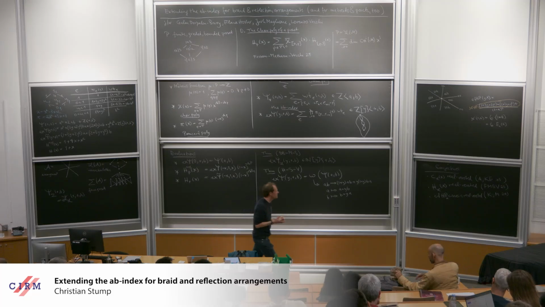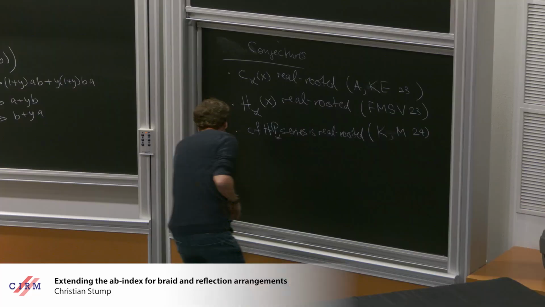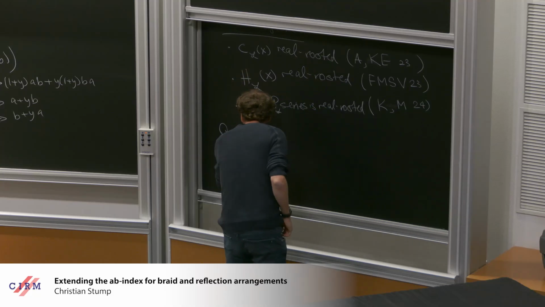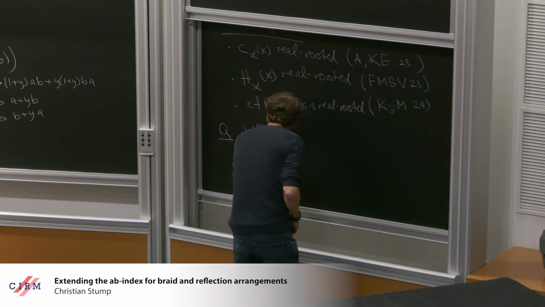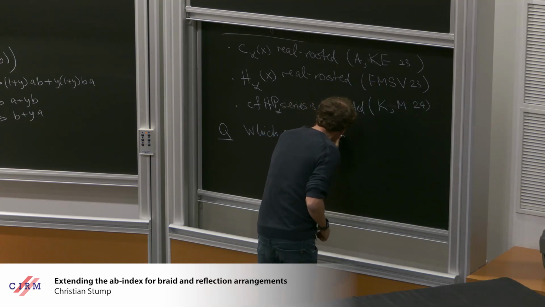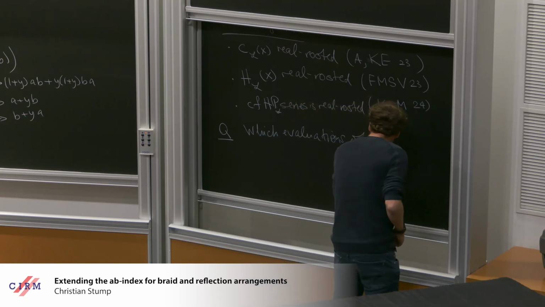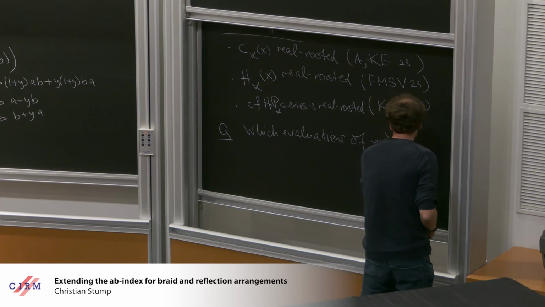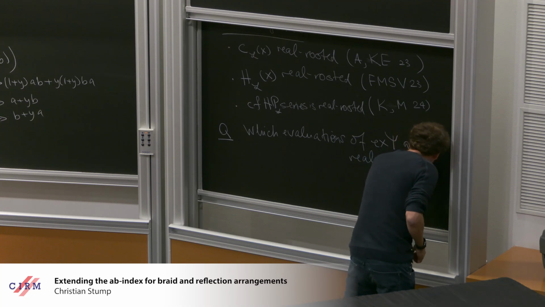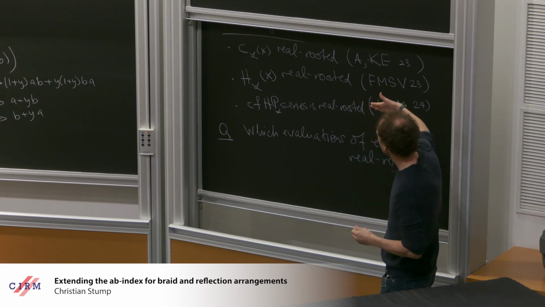So the question here is, which evaluations of the extended AB index are real-rooted? And again, the motivation,